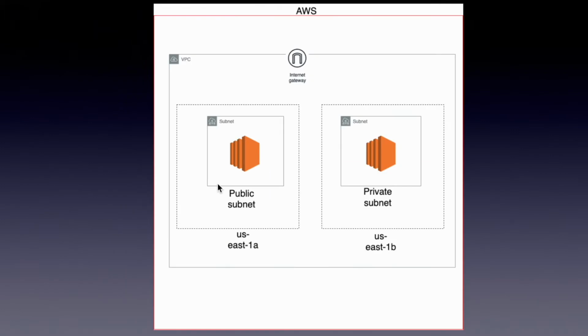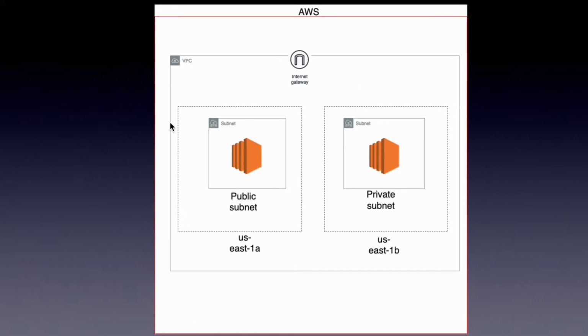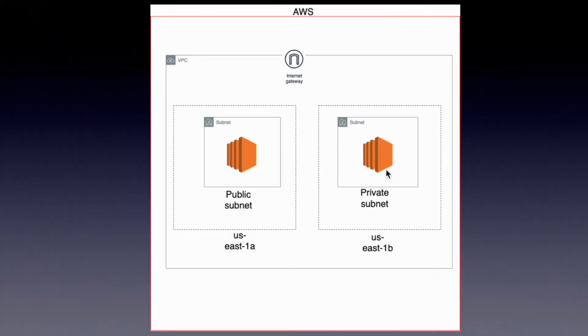In this video, we will try to create this architecture. We will create this VPC and inside that VPC we will create two subnets in two different zones. A subnet is the logical division of a VPC, meaning when we divide a VPC logically, it becomes subnets. So this is one subnet and this is the other subnet. Let us go to the AWS console and launch our first VPC.